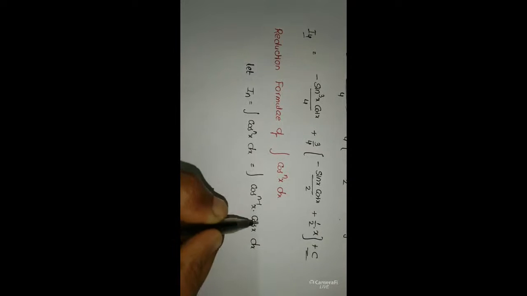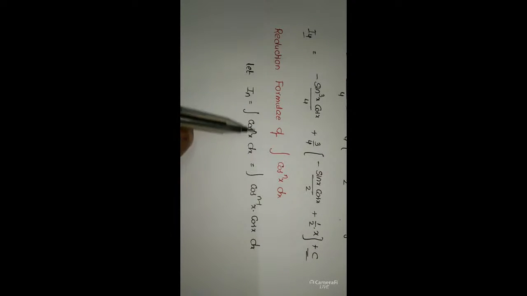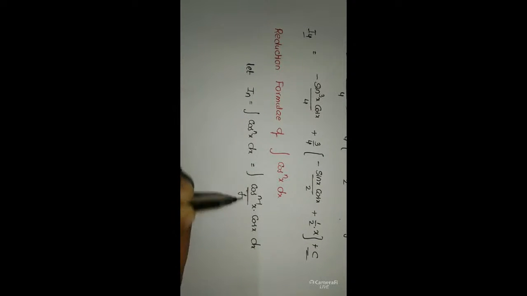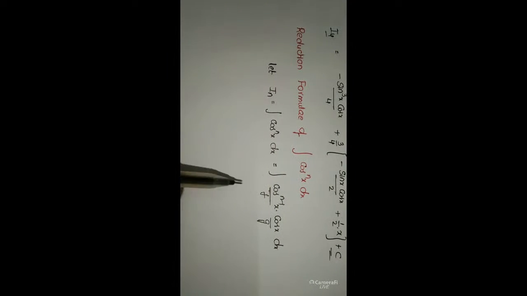So here n minus 1 plus 1 becomes n. So we write this cos power n x as integral cos power n minus 1 x into cos x into dx. And to find the integration of this step, we apply the formula integral f g dx. And what is the formula for integral f g dx? Integral f g dx is equal to f into integral g dx minus integral f dash into integral g dx into dx. Now applying the formula here,